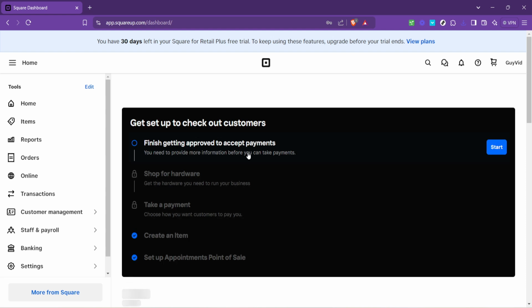Following your email entry, you'll be asked to enter your account's password. Type it in carefully. Remember, your password is the key to unlocking all the functionalities and settings of your Square account. After entering your password, hit the sign in button to proceed. Once you've successfully logged in, you'll be directed to your Square dashboard. Think of your dashboard as mission control. It's here where you can access a comprehensive overview of your business's performance, manage appointments, and of course adjust settings